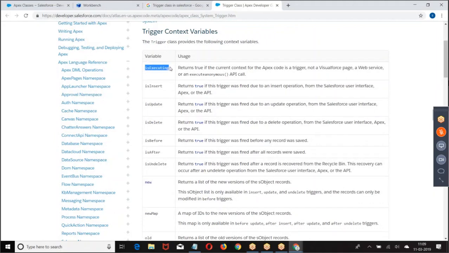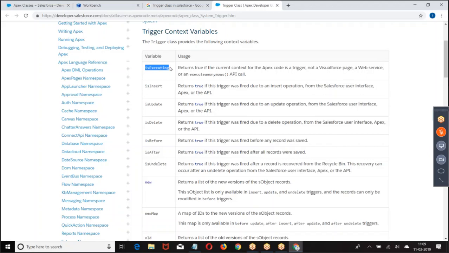First is isExecuting. Now when you are running a program, is it Apex code? Is it a class? Is it a Visual Force page? Is it a web service? Or is it an anonymous window? Or is it a trigger? How is the program running? What type of code is running?